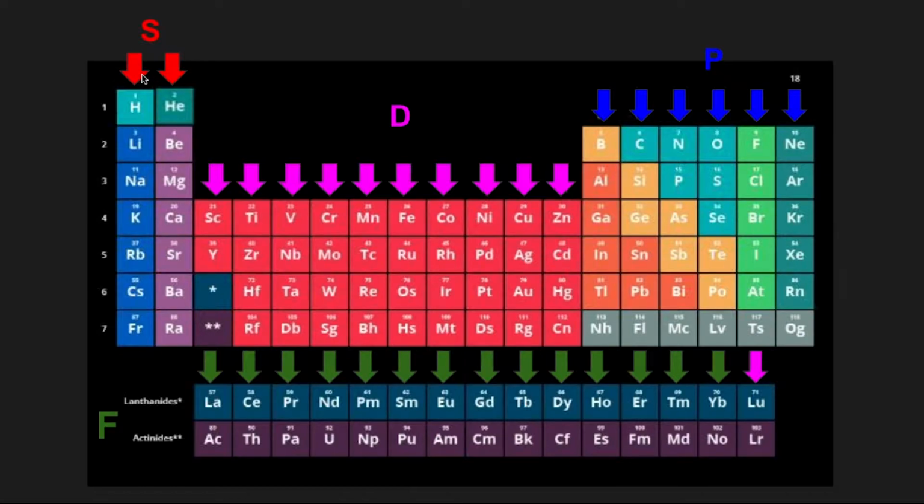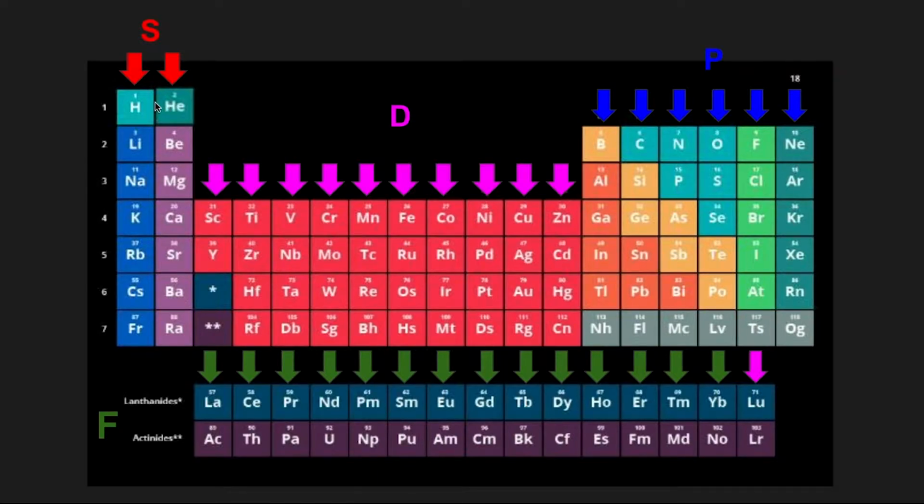So the S has 2 columns, so it can hold 2 electrons. The D has 10, it can hold 10 electrons, P can hold 6, and the F can hold 14. Okay, and now we're going to give some examples later on. But with the Aufbau Principle, we would begin filling up shells